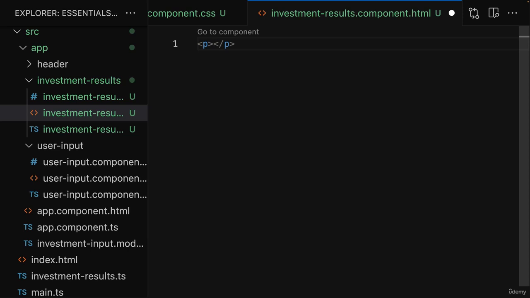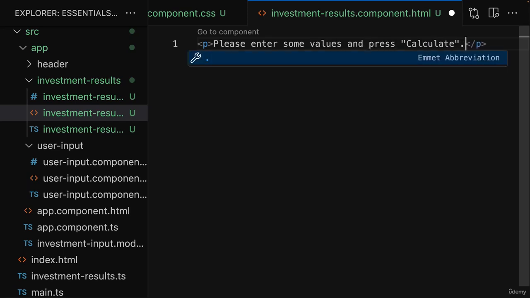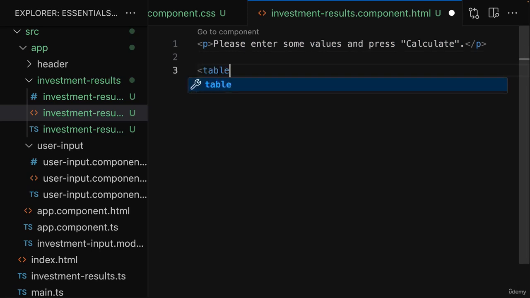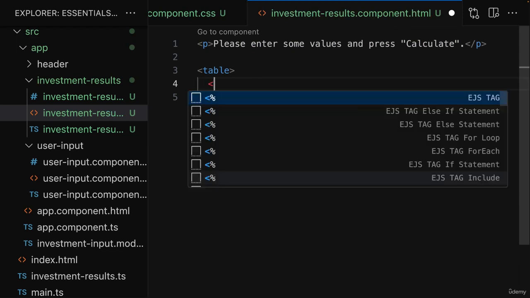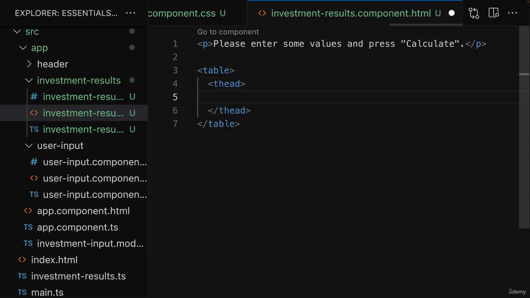For one, I wanna show some fallback text, like please enter some values and press calculate, if the user hasn't done that yet. So we'll need to show this conditionally. Otherwise, if the user did press the calculate button, I want to output a table with that investment data. For that, I'll give that table a head